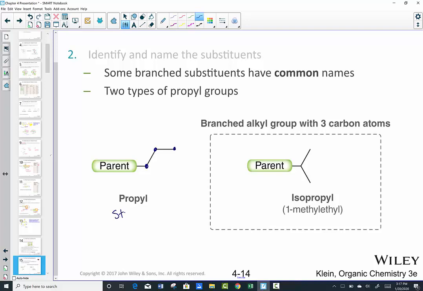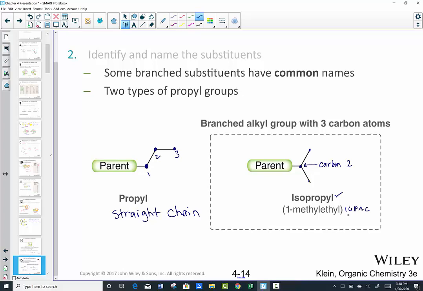If it is a straight chain, 3 carbons all connected to each other. That's what I'm referring to as a straight chain. All the carbons are connected in a straight line one to the other. We call that propyl. The first carbon is attached to the parent, a total of 3 carbons in that branch, so that branch is called propyl. However, if we have the parent chain connected to carbon 2 of a 3-carbon chain, we have a common name called isopropyl,